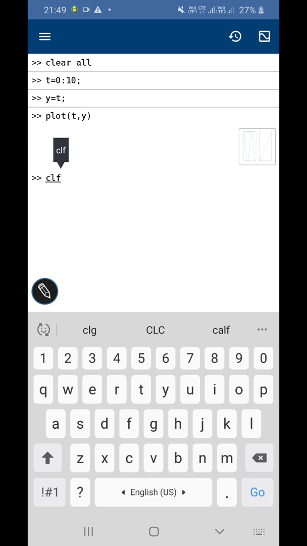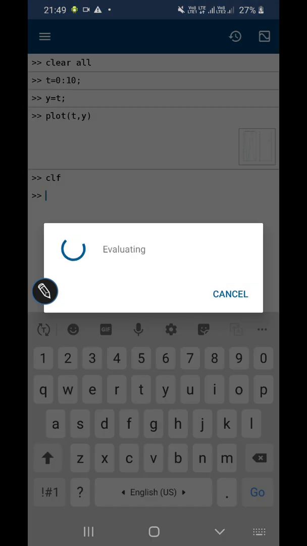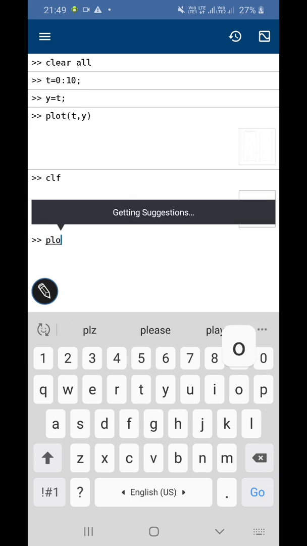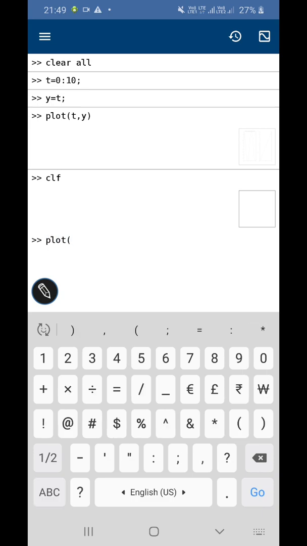This figure window is not clear because previously I was doing the programs and they are saved in that window. So if I don't clear that window, I will not be able to see the new plot. So let me do CLF. Now the figure window is clear, and let me now plot my function now,